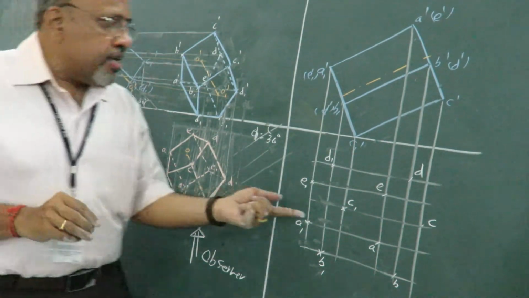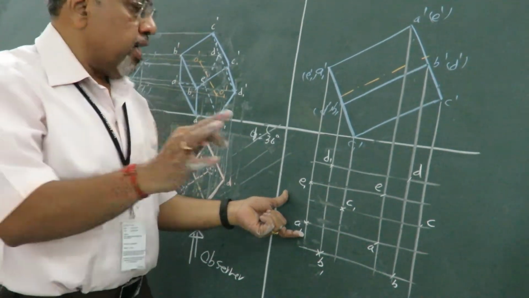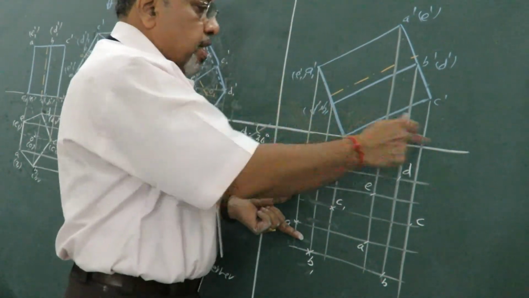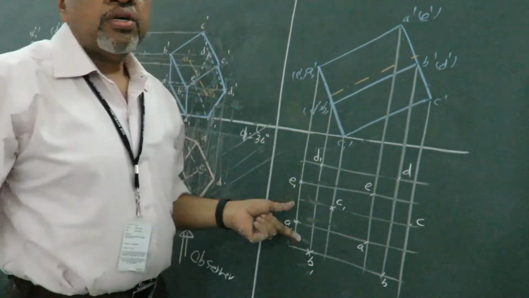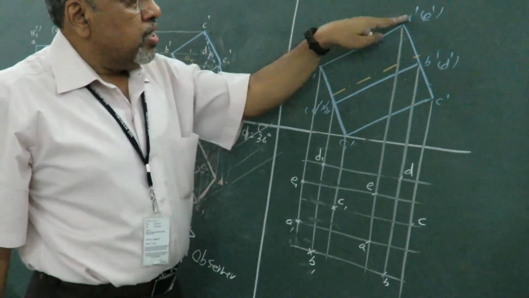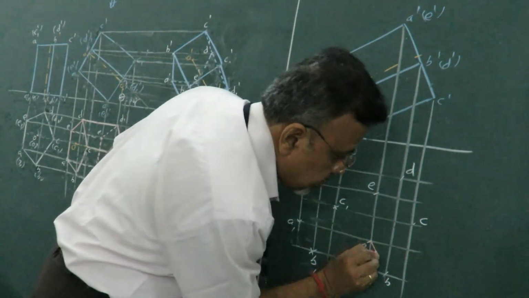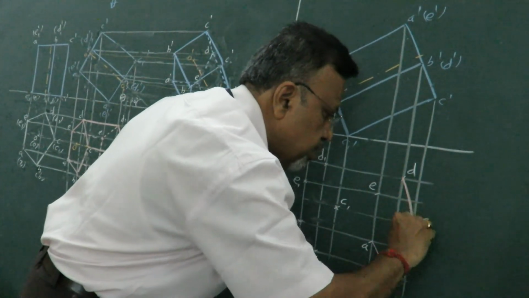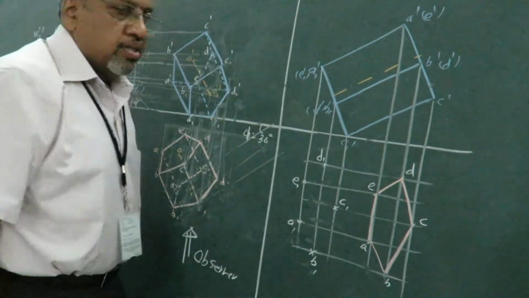Now I need to complete this. How do you complete this particular figure? Same procedure. What is the procedure I said? To complete this figure, this is my reference figure. So this is the XY line, object, observer. Now for the observer, which base is nearer to him? This top base. So complete that base. I will complete it: A to B, B to C, C to D, D to E, E back to A. That is stage 1, I mean step 1.